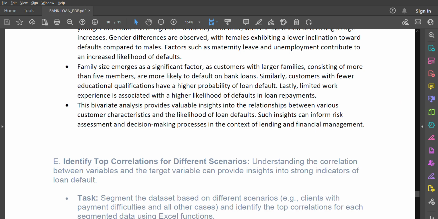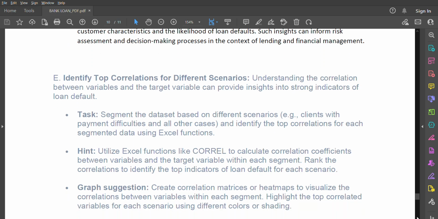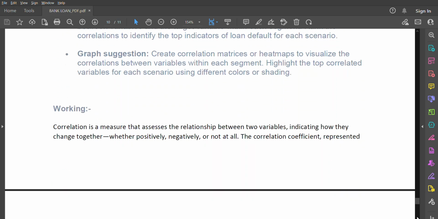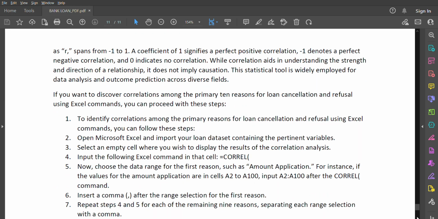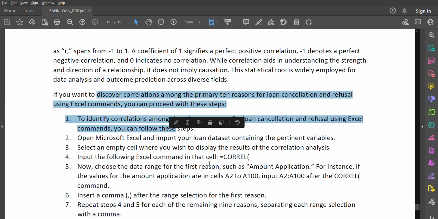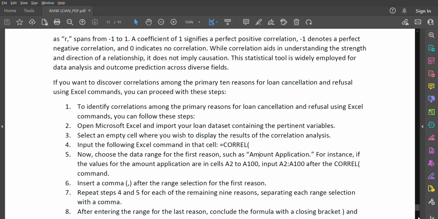And then comes the top correlation between the different scenarios. For all these scenarios, I used several methods. The CORREL function has been used, and also you can